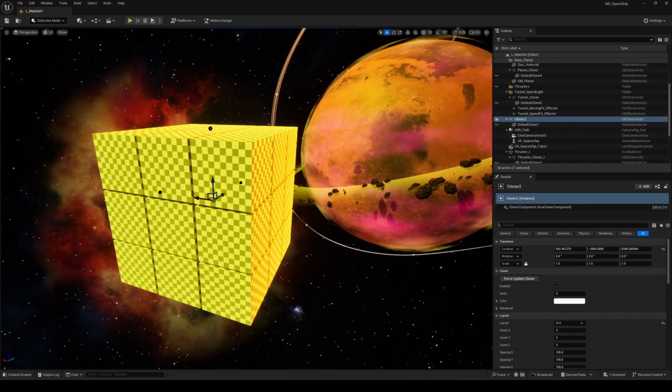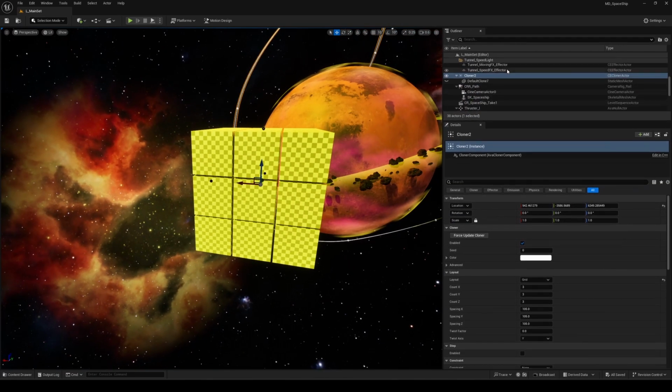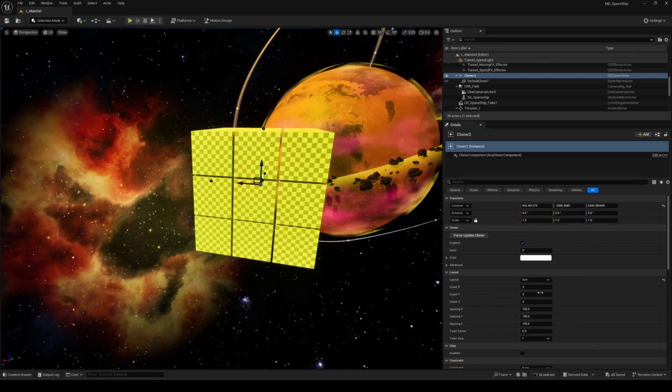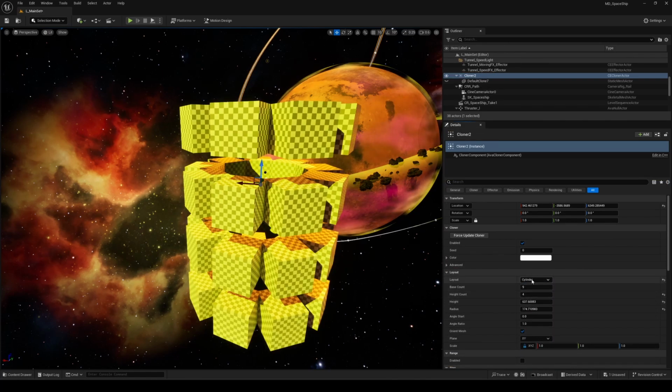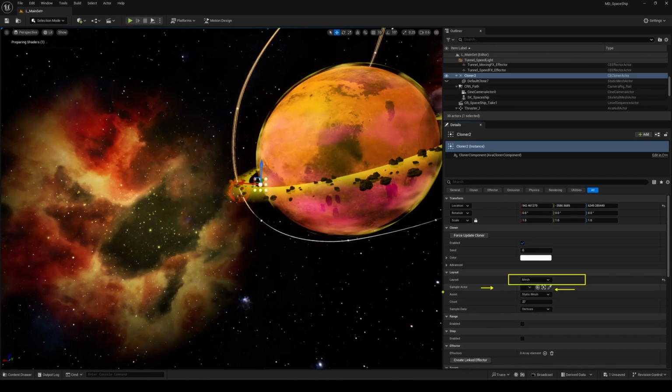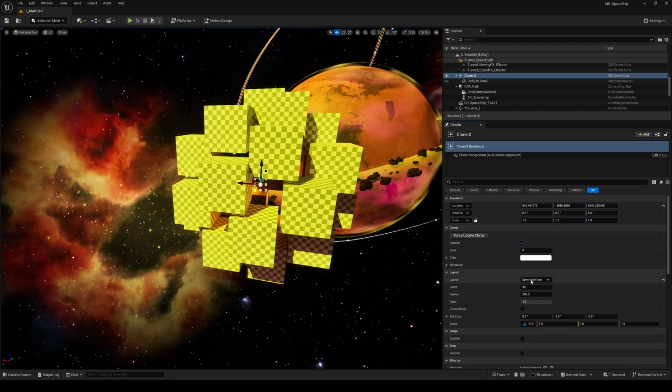Now let's look at the cloner's details panel. I won't go over every single attribute as most of them are pretty intuitive, and if you're coming from Cinema 4D for example, they'll feel even more familiar. The heart of it lies in the layout section, where you can define the initial shape of your cloner, from a standard grid to other primitives, or even based on other meshes already in the scene, which is super useful. Depending on what you choose, the options below will adapt accordingly. All of these attributes can be animated either deterministically through Sequencer or via the motion design toolset itself.